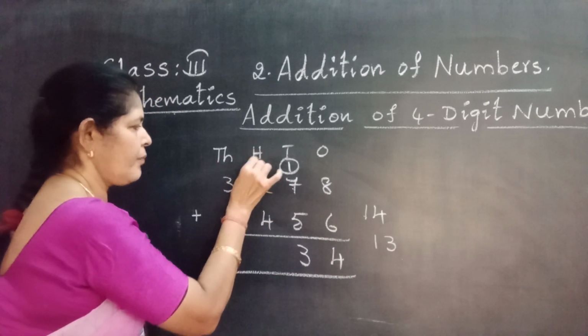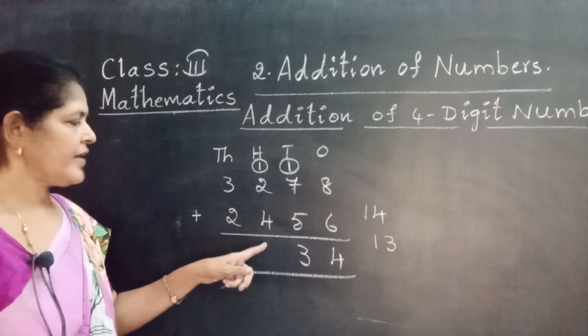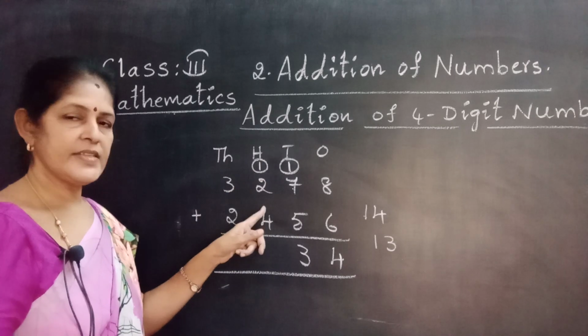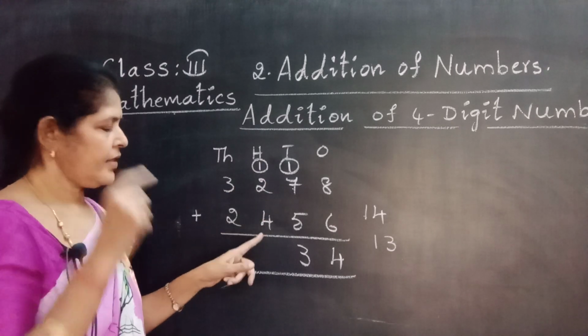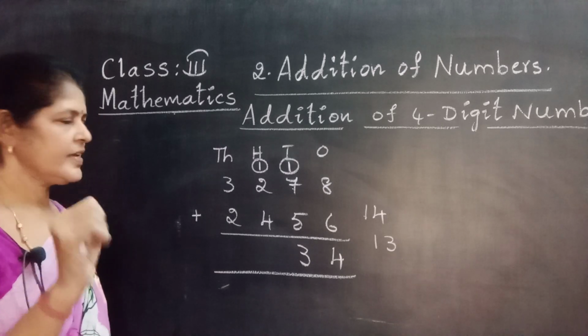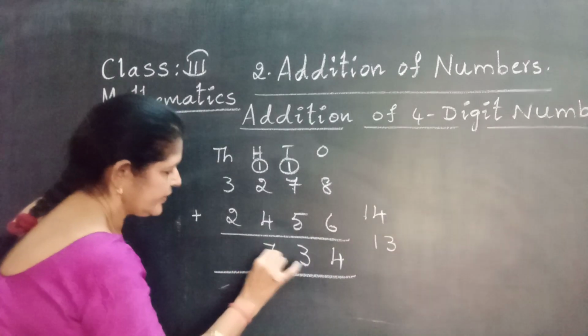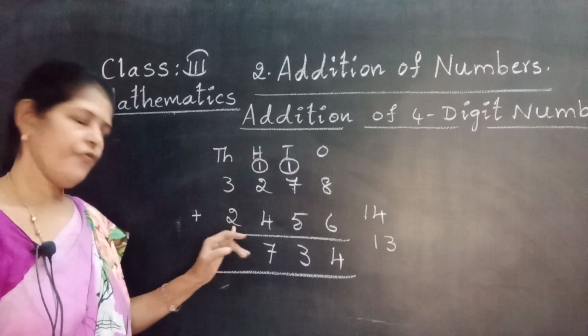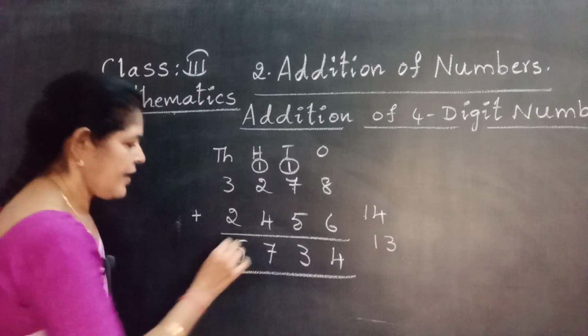That means right above 2. Now hundreds place having 3 numbers, 1 plus 2 plus 4. 1 plus 2, 3. 3 in the mind, take 4 fingers, 3 after 4, 5, 6, 7. 7 right in the hundreds place. Now adding thousands. 3 plus 2, 5. Very good. The sum is